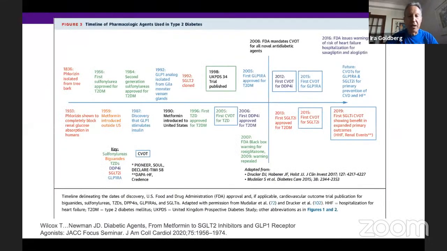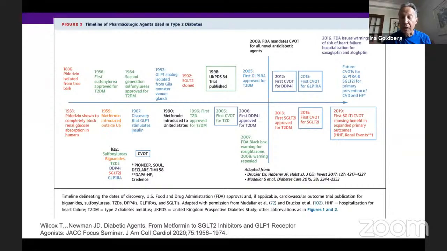So our history of treating diabetes, or at least treating diabetes to reduce cardiovascular disease, has had a major change in the last 2 decades. So I'm going to tell you about the history of SGLT2 inhibitors a little bit. These are ancient drugs. They were first discovered in the mid-19th century by German chemists. And I'll tell you a little bit what the history of those drugs are and how they make sense to use. The other major change in our treatment for people with type 2 diabetes is the development of GLP-1 receptor agonists,